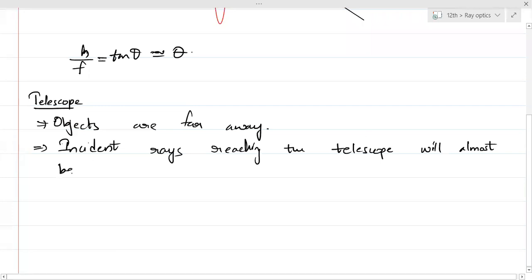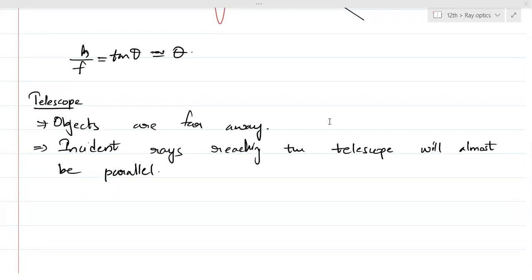Again, got it? Yeah. So they'll almost be parallel. Parallel even for us, या telescope के लिए कैसे भी ले लो. The rays reaching the surface of Earth, those will be parallel. ठीक है? समझ आ रहे ना? Because they are very far away. Now telescope में again you'll have two lens, okay? दो lens होंगे telescope में.